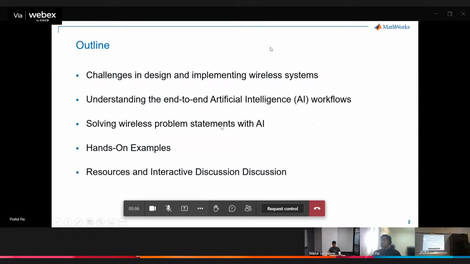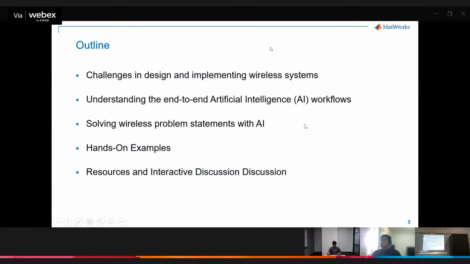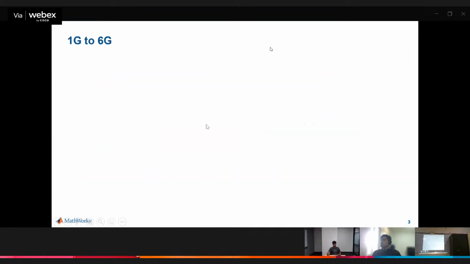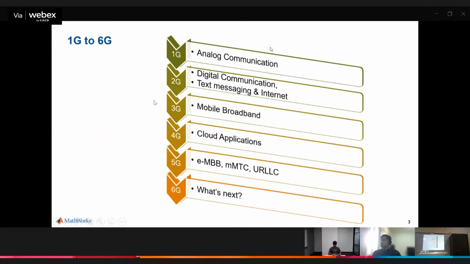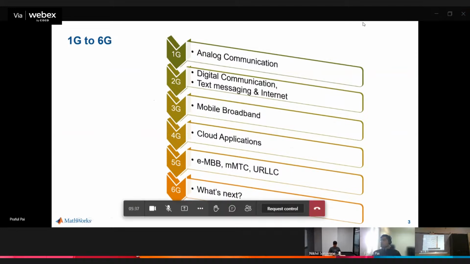Going through various stages. Then we'll look at some wireless problem statements which we could solve with AI and get some hands-on examples. I'll also share a bunch of resources and then we'll have an interactive discussion at the end. If we just look at the wireless evolution of communication systems over time, I think since all of you might be from the wireless background,